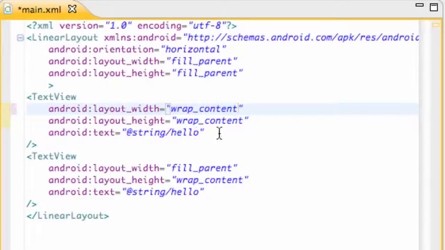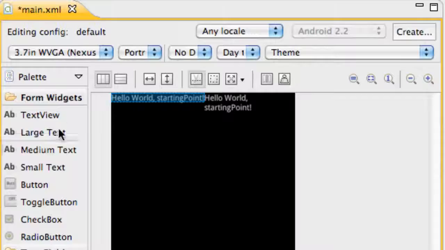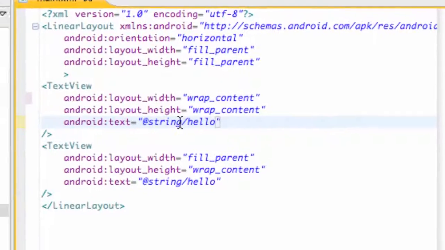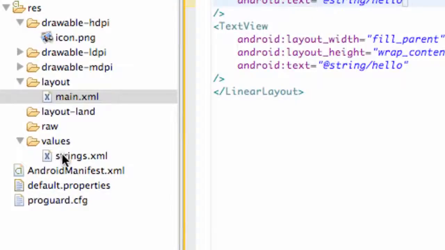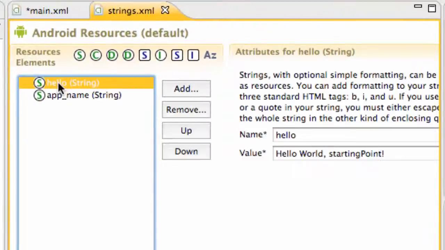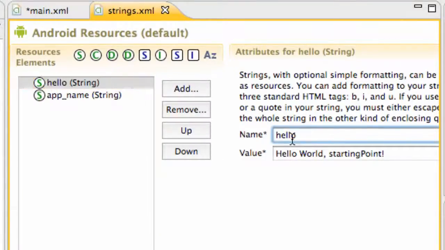Now the text says @string/hello, and you're like, no it doesn't, it says hello world starting point. Now basically what's happening is this is using a reference. Anytime you see an @ within the XML, it's using a reference. So it's referencing the string hello, and that string is located within our values. So we have this values and we have this strings. So we're going to say strings, and there's a string called hello. So it's using this reference, and then this is the name of the reference, but it's displaying the value of